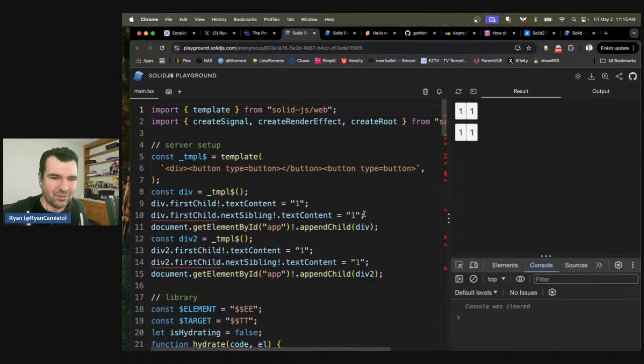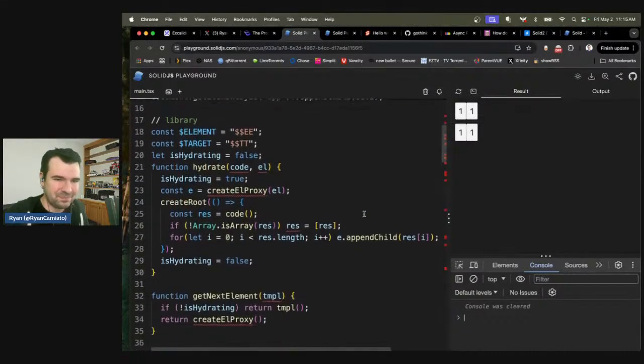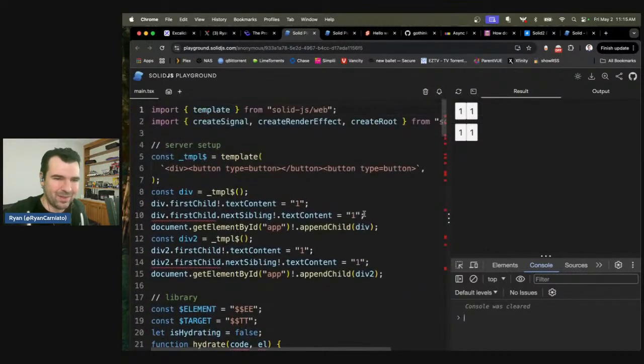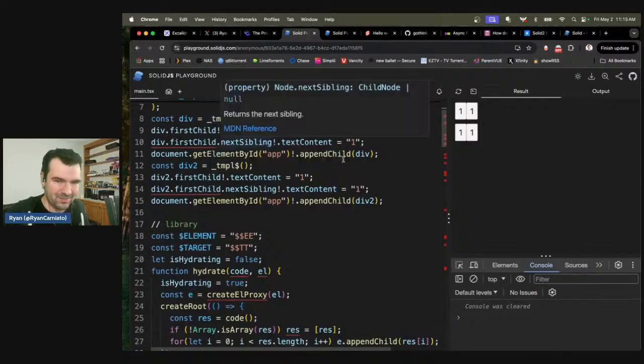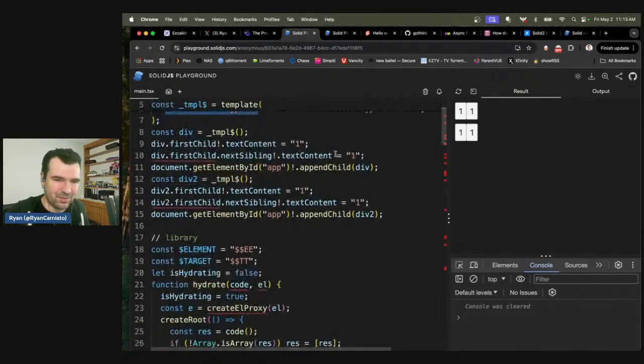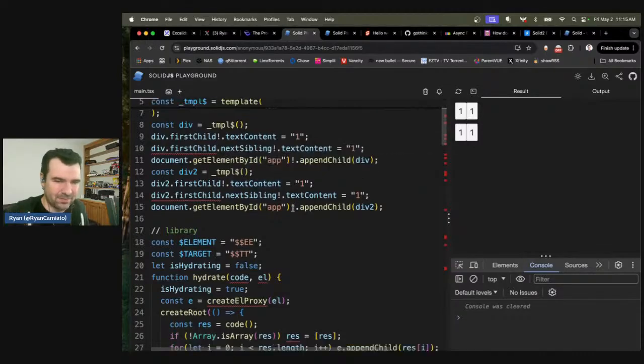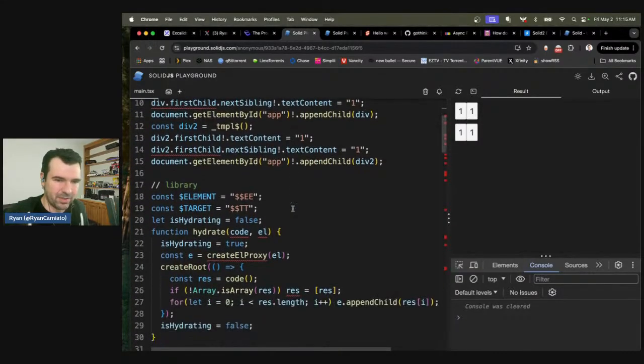I don't know if people understood this example, but what I did was pretend that I server rendered this template, which is a div with 2 buttons in it. Then I initialized the template twice and just put some values in it, so each button got their text. I inserted it to the app, same thing. So I just did it twice. The reason I did it twice is because I wanted to simulate